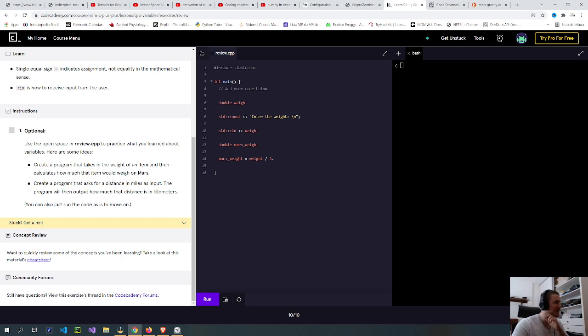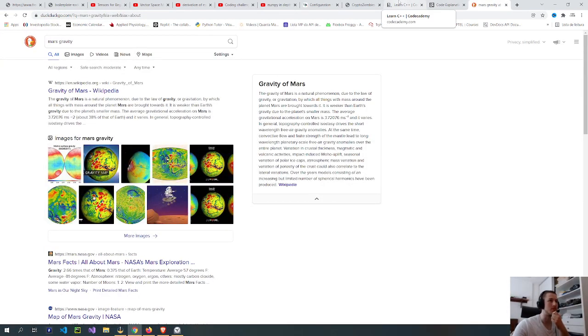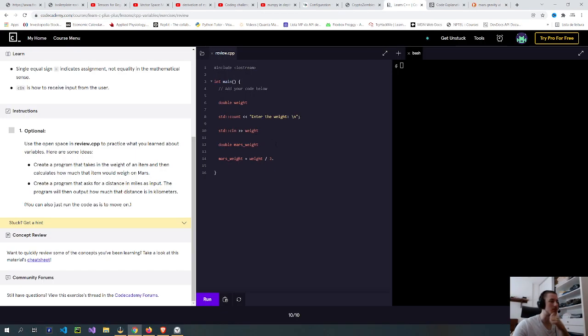Why am I having trouble with this? I think it's multiplied by 3.72. No, it's 9.8 divided by 3.72. And then multiplied. Because the weight will be the mass divided by 9.8.